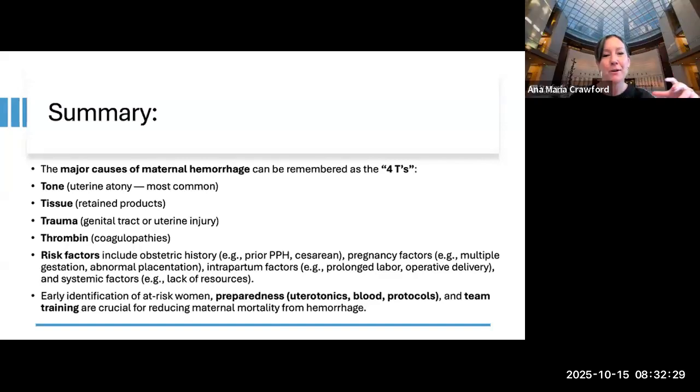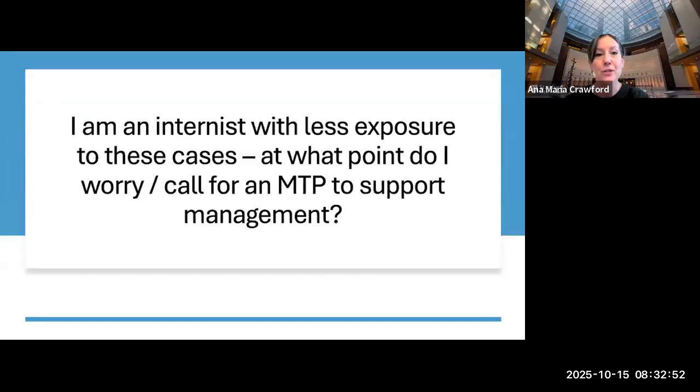You also mentioned preparedness and team training, and this has been an answer to almost every question that we've had today. So anytime you have something that is time critical or critical care or emergent, preparing for it ahead of time with your team, training your team, making sure you have the kit, all the supplies, making sure you have a cognitive aid. Those are always answers to making sure we do take good care of our patients when they're in a critical situation. I like this question a lot